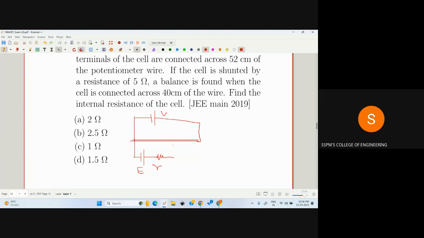Now, since no current is flowing under the balance condition, I is equal to 0 in the cell. So the voltage drop across the r would be 0. And under the balance condition, we'll get E upon V is equal to 52 divided by